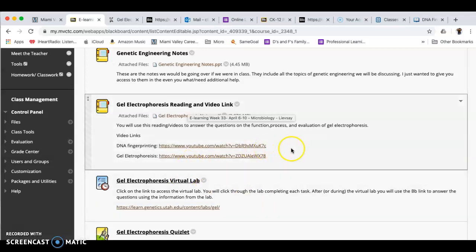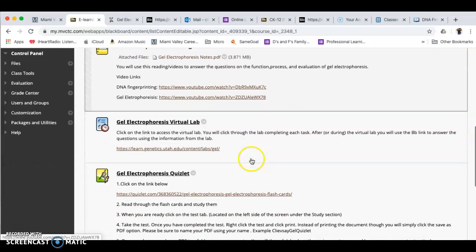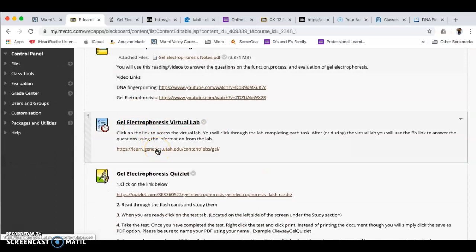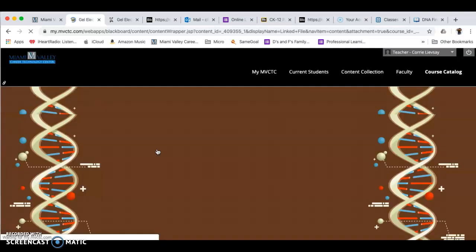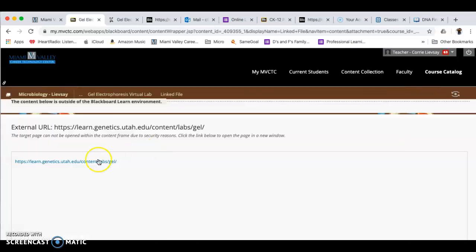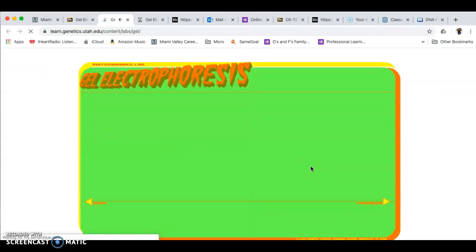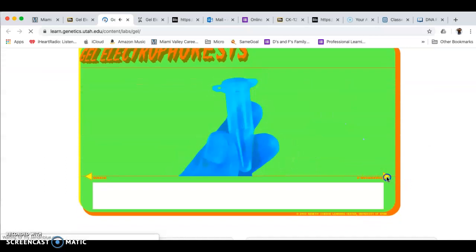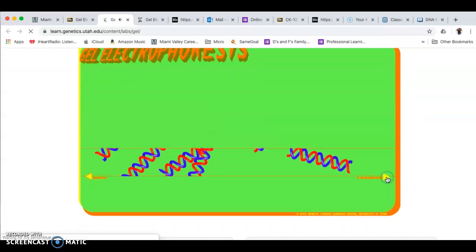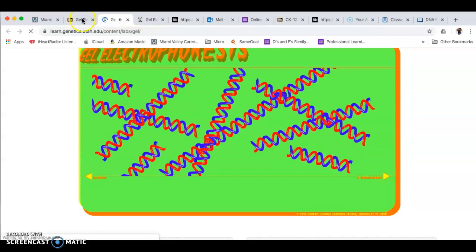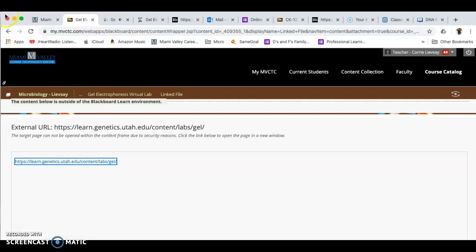And then also, after you finish, this is all information, okay? You're going to do this gel electrophoresis lab. So you will click the Utah Genetics and you will come here. And once you're here, you're going to click through this, and this is where you will find all your questions, okay? So once you have found the questions,